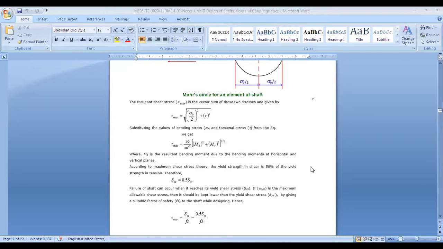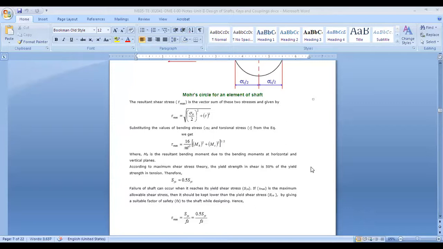But generally for shaft we use the maximum shear stress theory. So for the shear stress, tau max is given by 16 upon pi d cube root of Mb square plus Mt square. Now I will explain in 2 minutes the design procedure, and then we will look at the numerical. We know the limiting stress SYT, multiplied by 0.5 and divided by the factor of safety to get the allowable shear stress tau max.